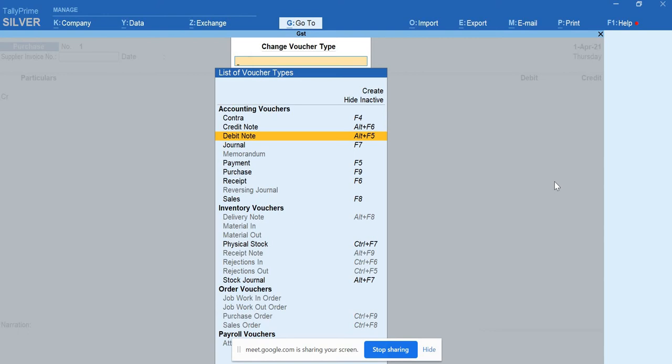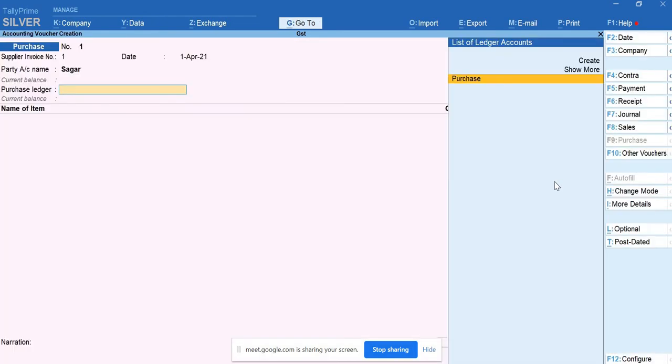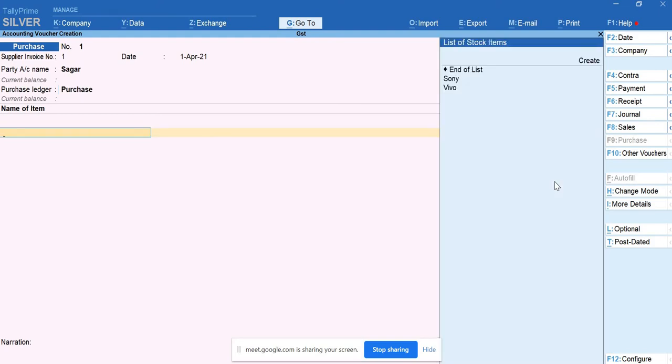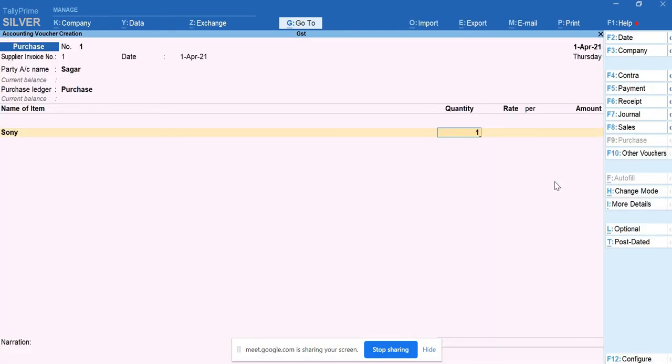So to do that, we'll come back to the vouchers. Firstly, I'll purchase the product. F9 is the shortcut key for that. The party account is Sagar, purchase ledger under purchases. When it comes to the name of items, it is Sony. I'm purchasing the quantity 100. And the number that I took in yesterday's class was 40,000.